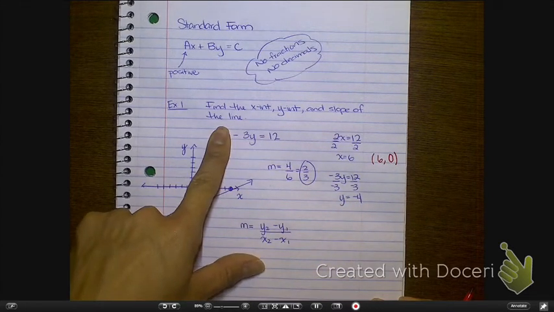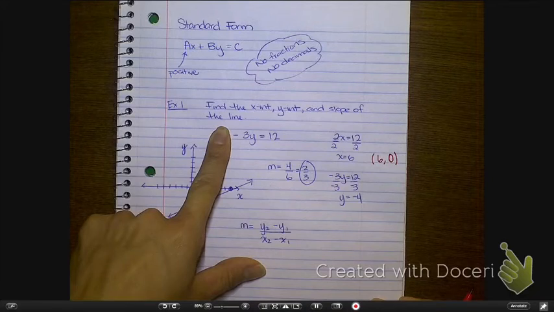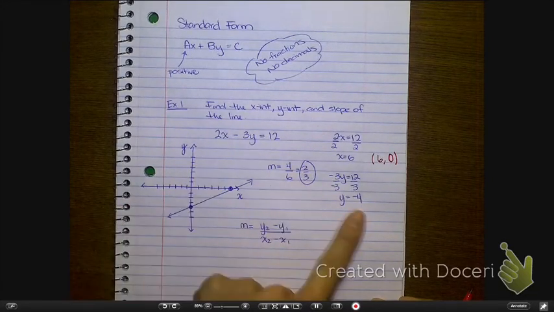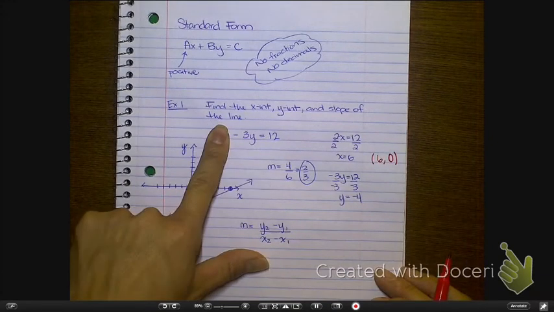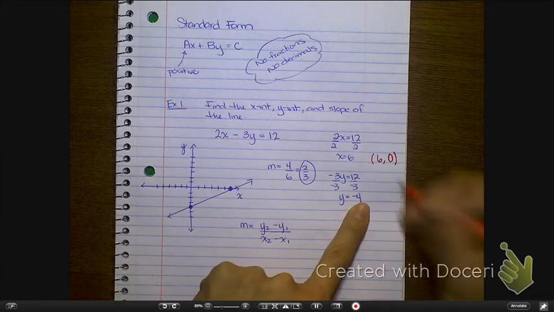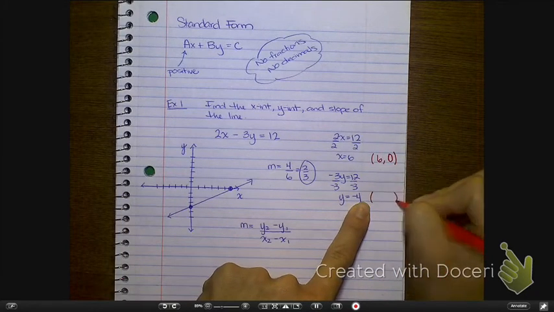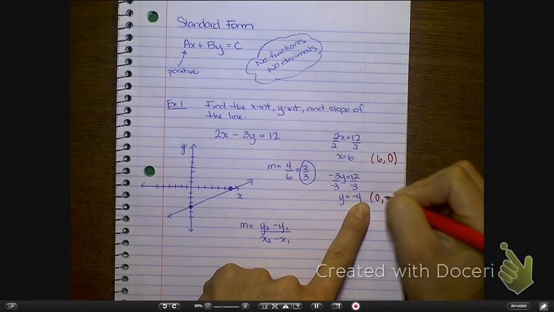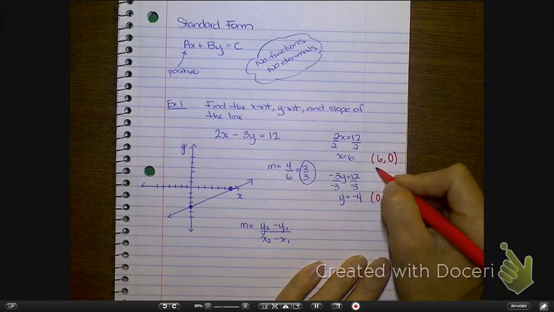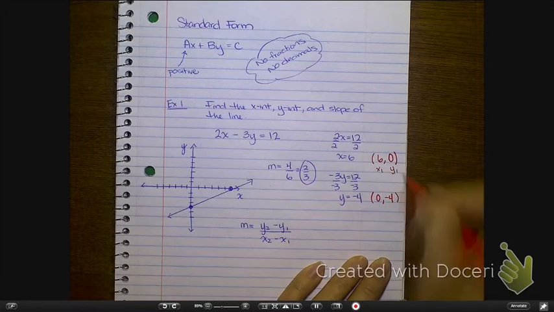What am I really doing when I'm covering up the x here? I'm making this 0, right? So when I have this y value, what was my x value? It was nothing. That's why I covered it up, right? So for this point, it's (0, negative 4). Okay? Now, once I've written these 2 points, do I have an x1 and a y1 and an x2